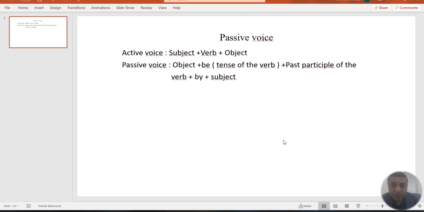Today we're going to deal with a grammar lesson, so it's going to be on passive voice. Okay, so we'll see how you can transform an active form sentence into a passive form sentence. So take a look at these two different structures. The active voice consists of a subject plus verb plus an object,